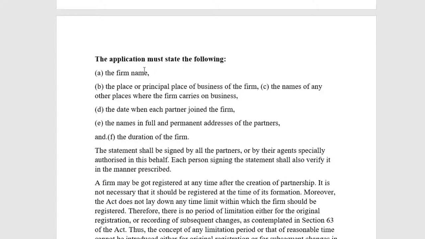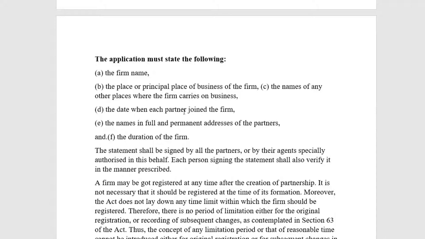Here the firm's name should be there, and the principal place of business of the firm should be mentioned. So the name of the firm has to be mentioned, and where the business of the firm, that is the principal place of business, will be undertaken, and the names of any other places where the firm carries on business. Those aspects also have to be submitted in the information,